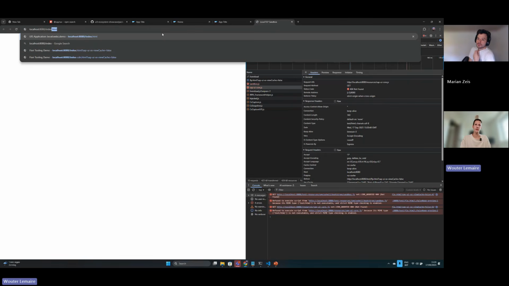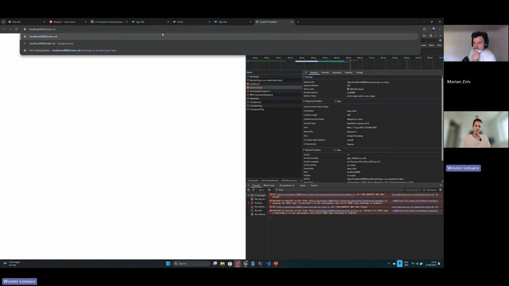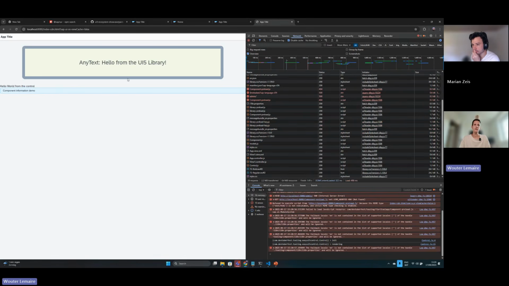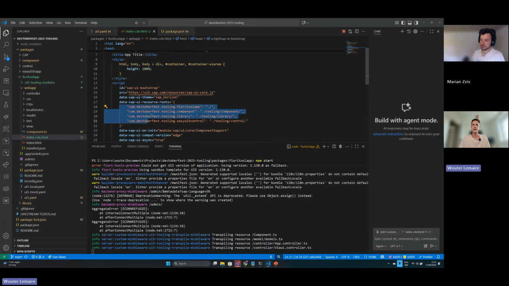I need to navigate to the index CDN HTML. And now this is loading from the CDN with the control from the library, the control from the control folder itself, and the component. By just adding, again, here the CDN configuration, and removing